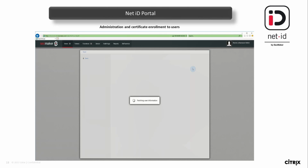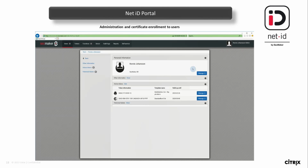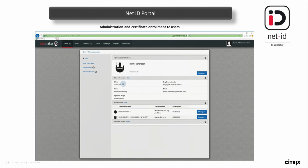This is the user interface. I can see that I have personal information. My name is Ronnie Johansson. I belong to the office Stockholm. I don't have a picture uploaded. I can see my email address. And I could also see that I already have 2 valid tokens. I have a smart card based for 5 years, and I also have a mobile certificate based that is valid for 2 years. We would choose now to start to enroll a mobile phone as a task, and we need